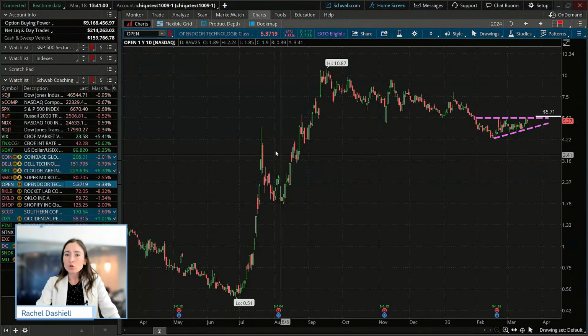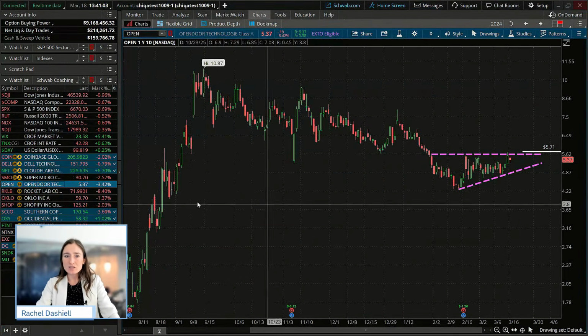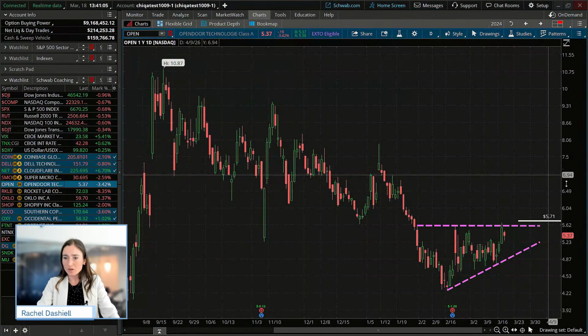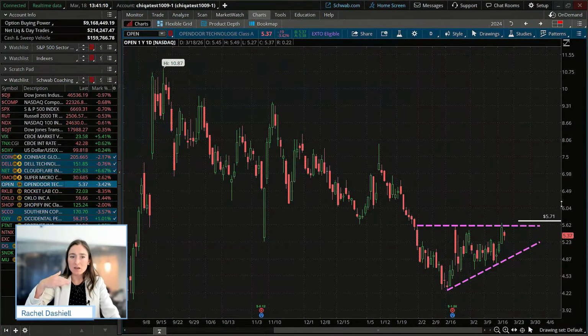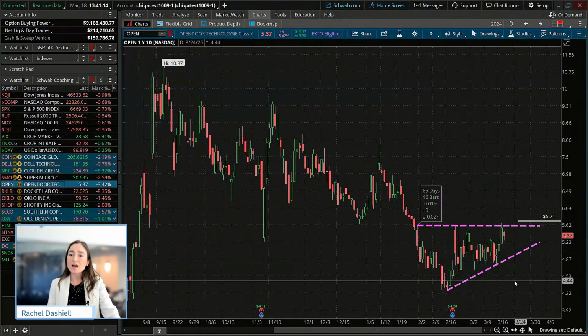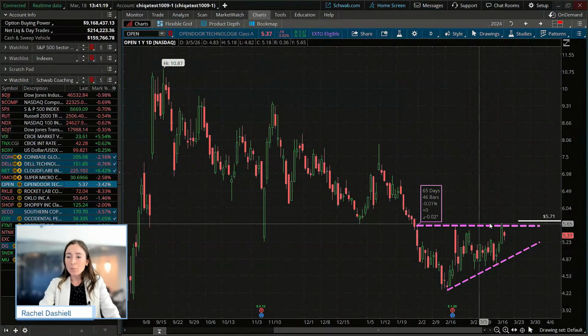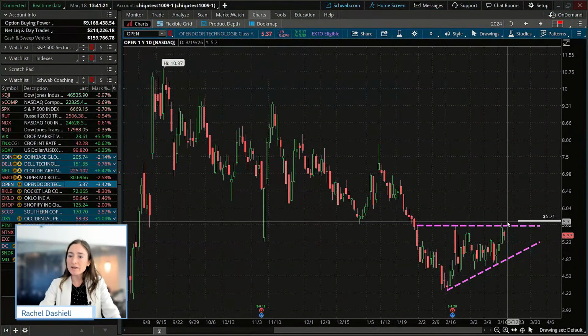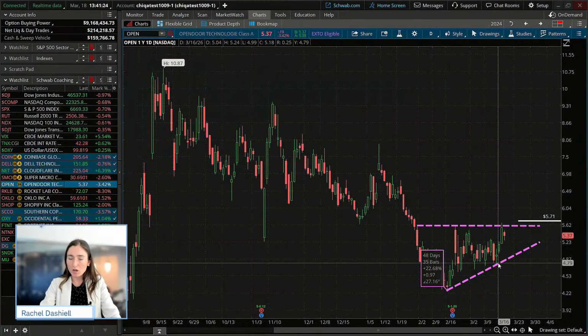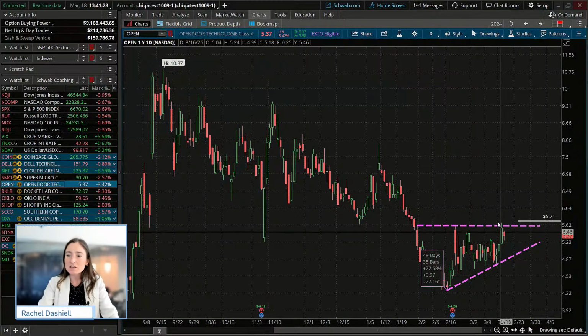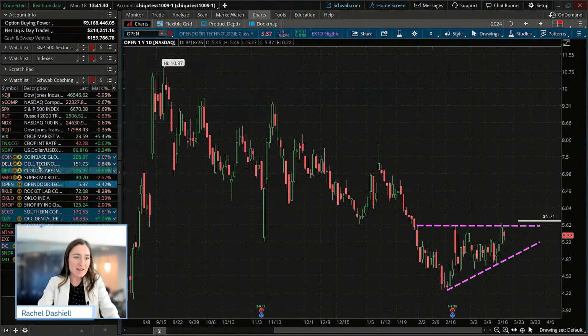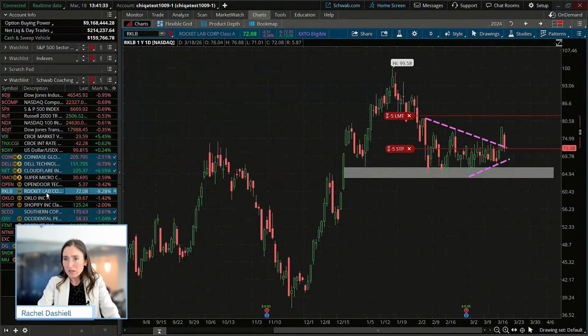We do have a little bit of a coil also taking shape in Opendoor Technologies as well. I kind of marked what a 2% move outside of that band would look like, or outside of that resistance level would look like. But we see that ascending triangle where we see price has touched the upper bounds of this at least 2 times. We have 2 touches of support on the downside. That is what forms a triangle, 2 touches on each side at least. So seeing that develop as well.